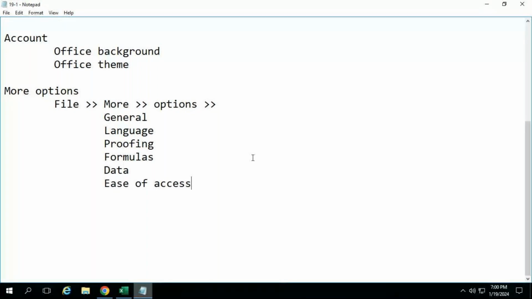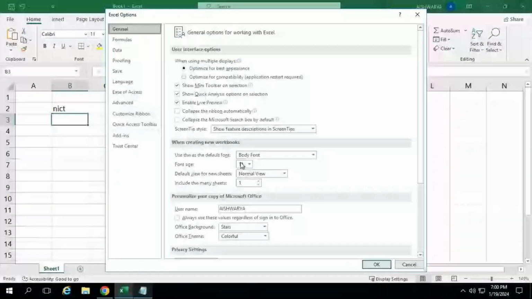So the first thing is about General. In this General, many options are available here. Whichever features you want to browse, you can go and select various types of